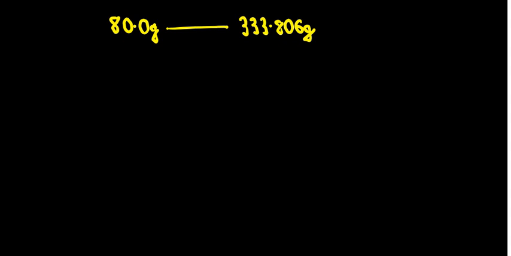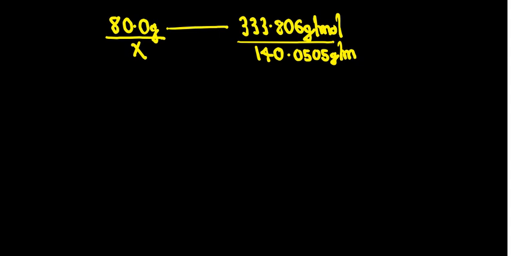Okay, so I'll say this was the 80.0 grams of the iodine oxide, which is equal to its molar mass of 333.806 grams per mole. We know this is the molar mass, and we know this is the actual mass. So now let us find the actual mass of the what? I'm going to use 140.05 grams per mole, which was the